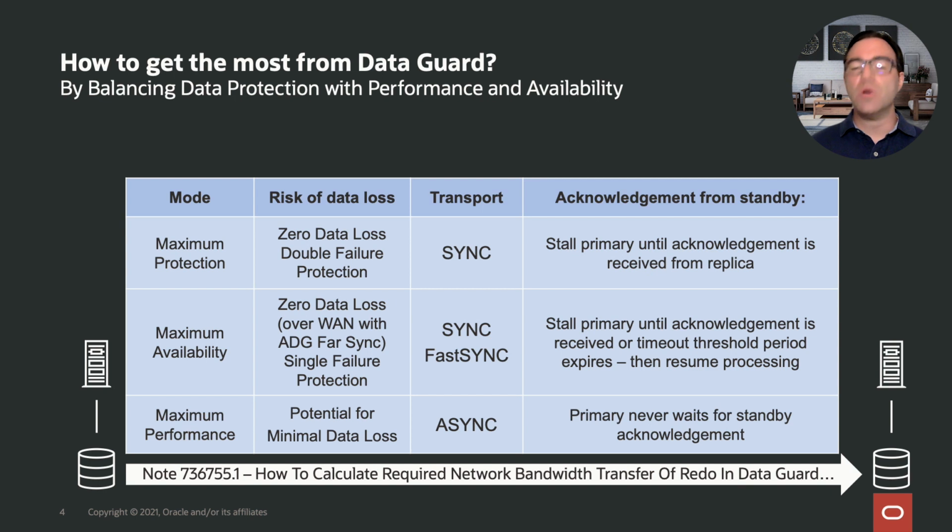Now, how do you get the most from Data Guard? Simply speaking, by balancing data protection with performance and availability, for which reason Data Guard provides 3 protection modes: maximum performance, maximum availability, and maximum protection. Maximum performance does allow for minimal data loss. One of the reasons is that the